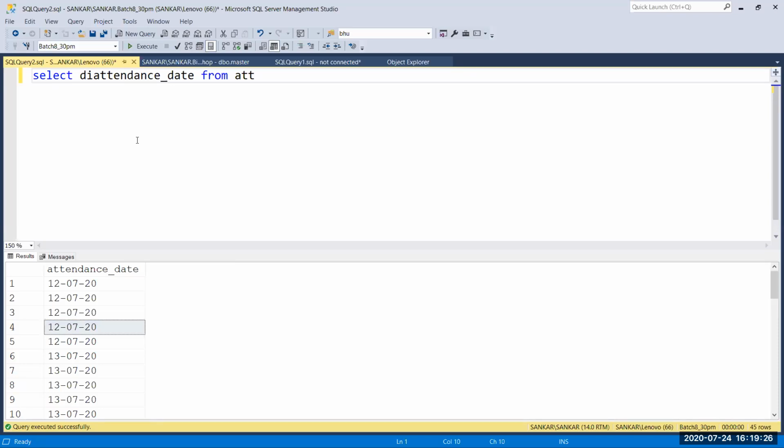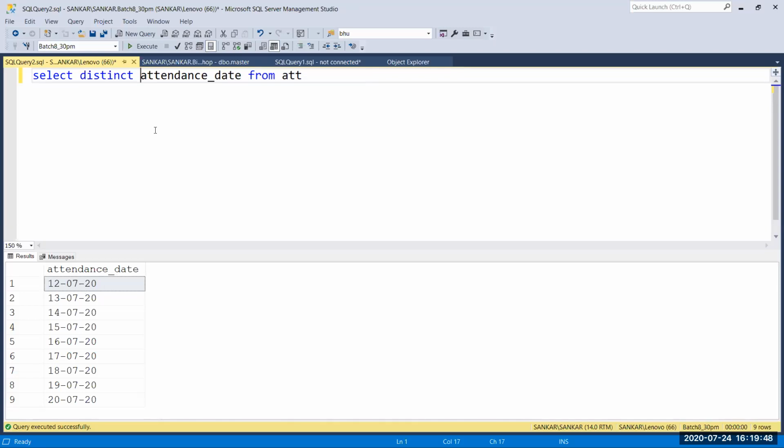I'm going to give distinct for getting unique values. And here we need to give square brackets before and after the value.